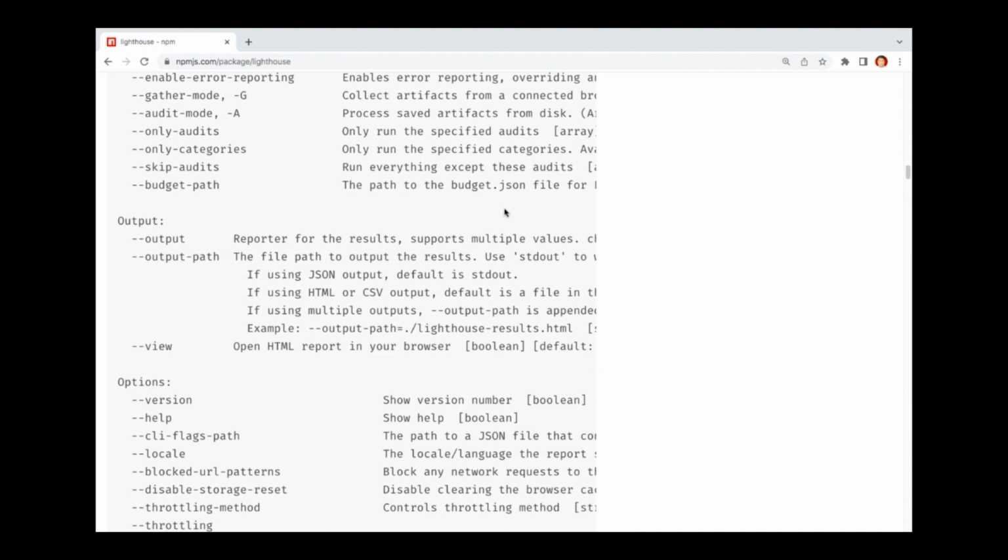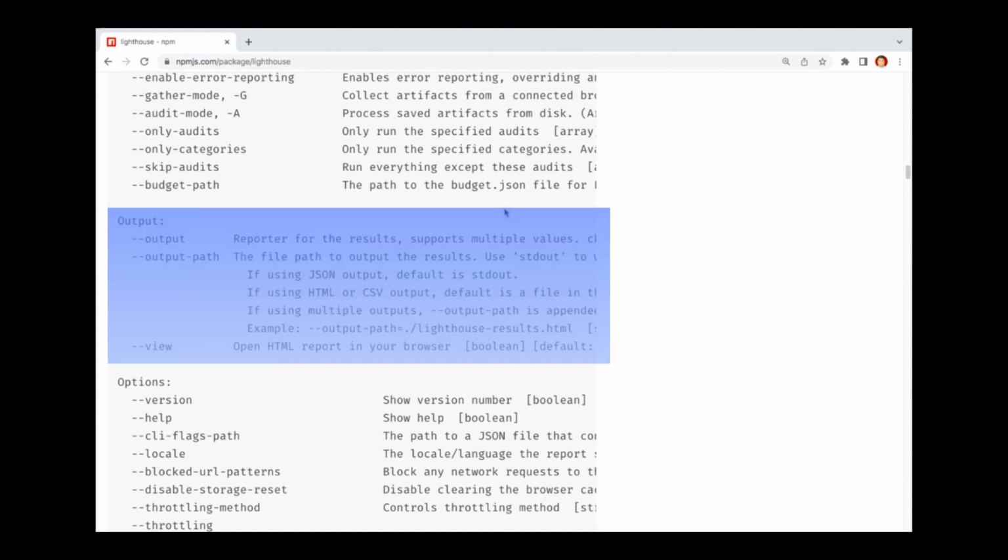You must have realized it provides a lot of options, right? So you need to figure out which option is relevant to you. I would focus on those options which are really important for you. The first option would be the output, like how I want to see the output, whether